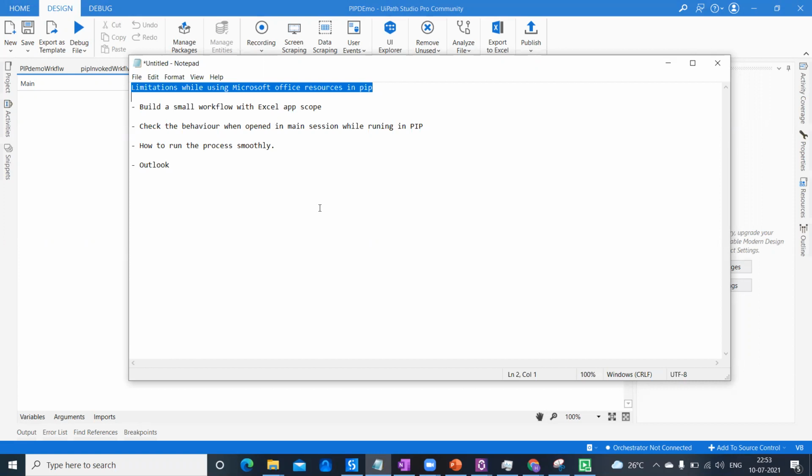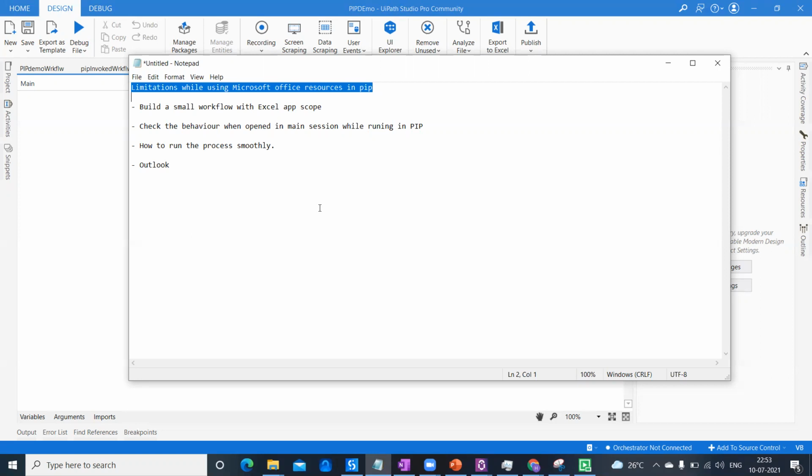But in PIP, if you're opening Excel in your present session, the main session, even though you're using Excel application scope, I'm specifically talking about Excel application scope, because we all know there is a benefit that even when the Excel is open, it will not affect the robot actions, right?